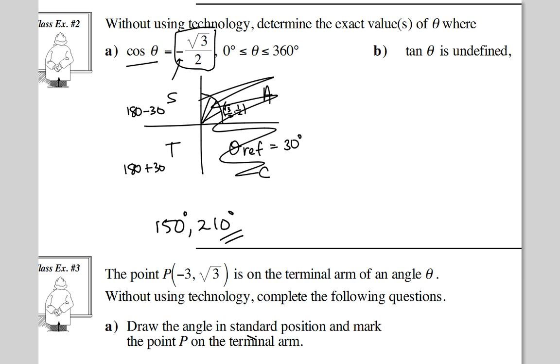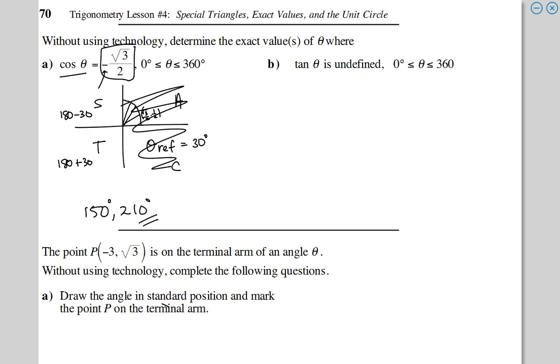There's a lot of thinking going on, not a lot of math. It's just a lot of thinking: what position am I in, which ratio does this go with, use the first quadrant as a guideline, and then CAS rule and sign work. There's a lot going on in trig. And at first it might feel overwhelming, but okay, so in this next one it wants tan theta undefined, so tan